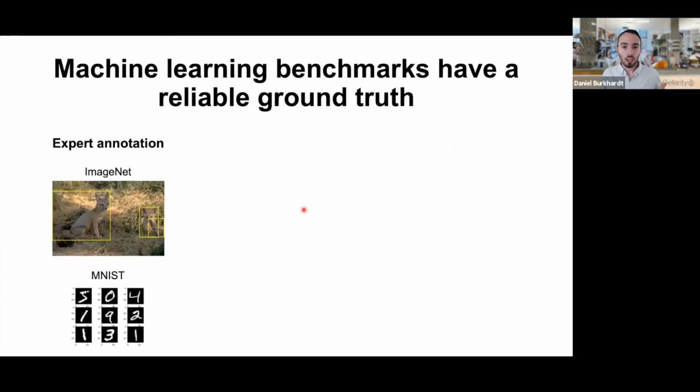And when you look in machine learning, I like to think of there being three different classes of ground truth. One of them is expert annotation. This is really common for tasks in image classification. So you can see ImageNet, which is a collection of 4 million images that humans have gone through. Every image has 3 or 5 people look through and actually say, this is where the fox is in this image, and that there are 3 of them. They do this manually, right? You can look at images of digits and say, that's a 4, that's a 2, that's a 1 with very high confidence, then train an algorithm to go and actually label them in an automated manner.